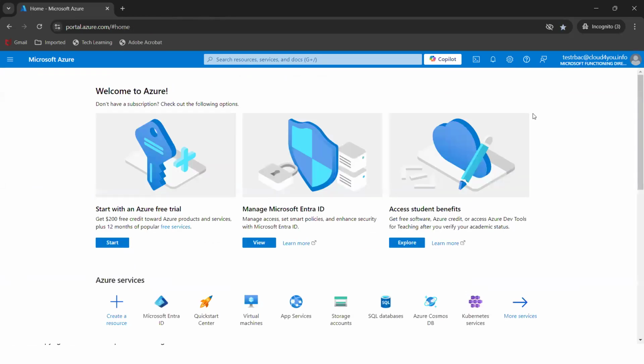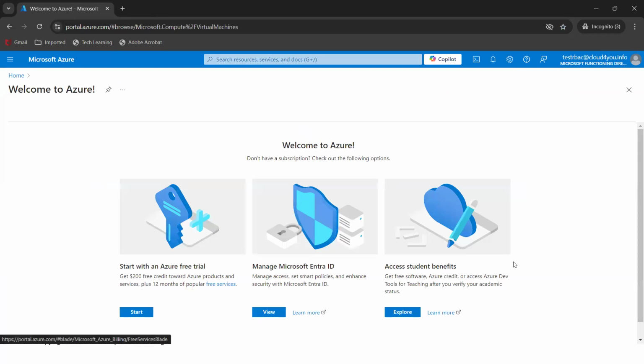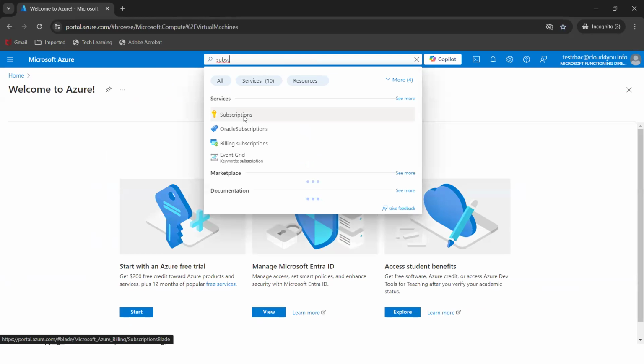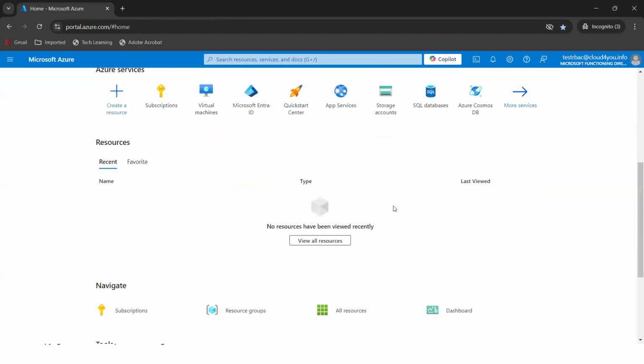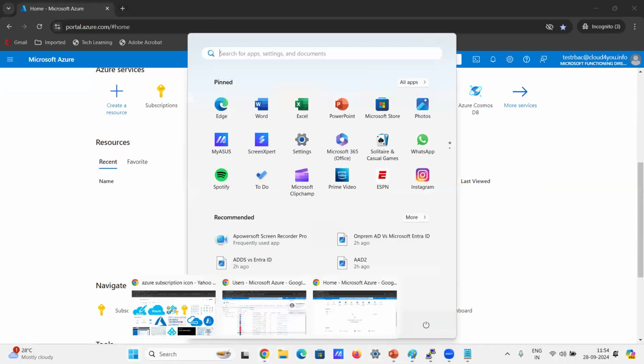Now he wants to create a virtual machine also. He will go to virtual machines and he doesn't have anything. If he tries to go to the subscription, he doesn't have anything there either, correct? But how will I get the access for him? Now, when I go back here,